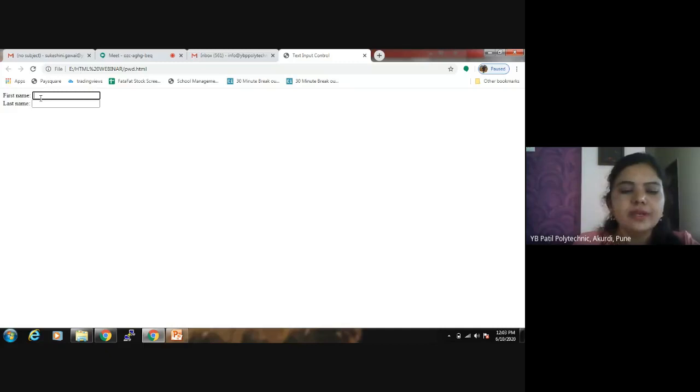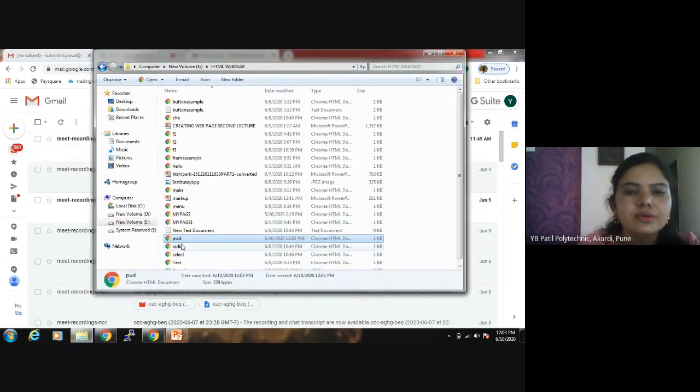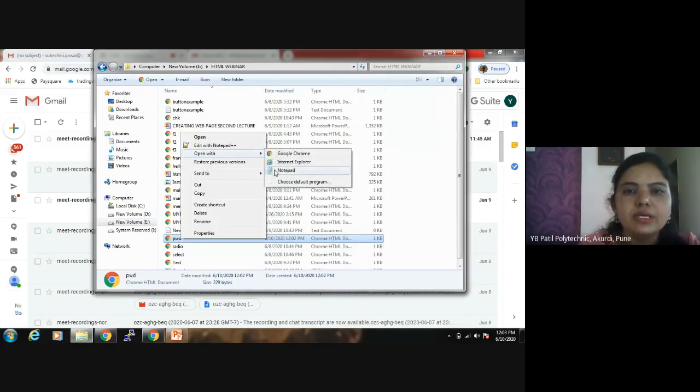First name, if I enter here YBPP, then last name is not displayed because I have set the last name as a password. Now we are going to change the code, because instead of last name I want their password.